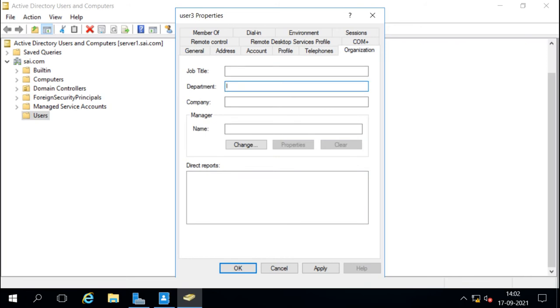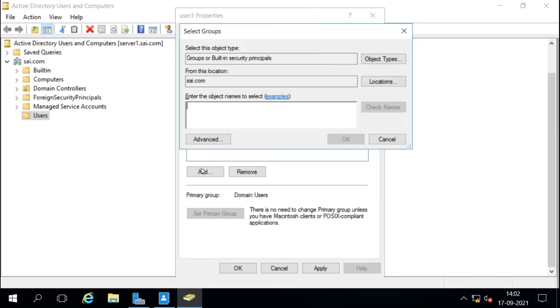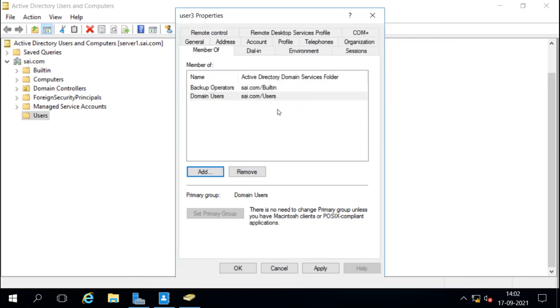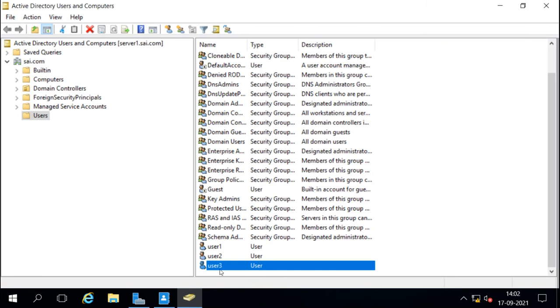I will make some membership also. Now when I delete this user, it will go to recycle bin and it will not become a tombstone. So when it goes to recycle bin, it will remain with all the attributes. So I will delete this user now.